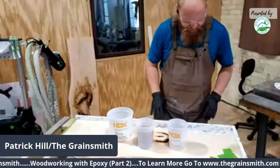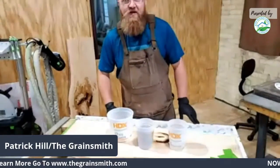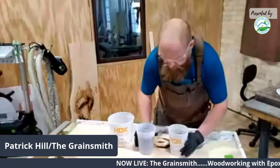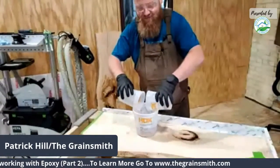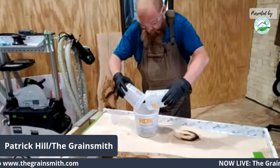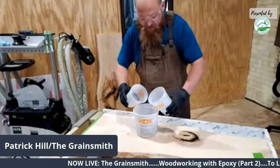Measuring the amount of epoxy that is needed for this, you can do the math on it and convert cubic inches to gallons or liters or whatever you want. I did not do any of that for this. That's, again, following my own instructions. I think this should be enough. I'm really hoping it is, and if anything, I'm hoping it's a little bit extra because I've got a couple little